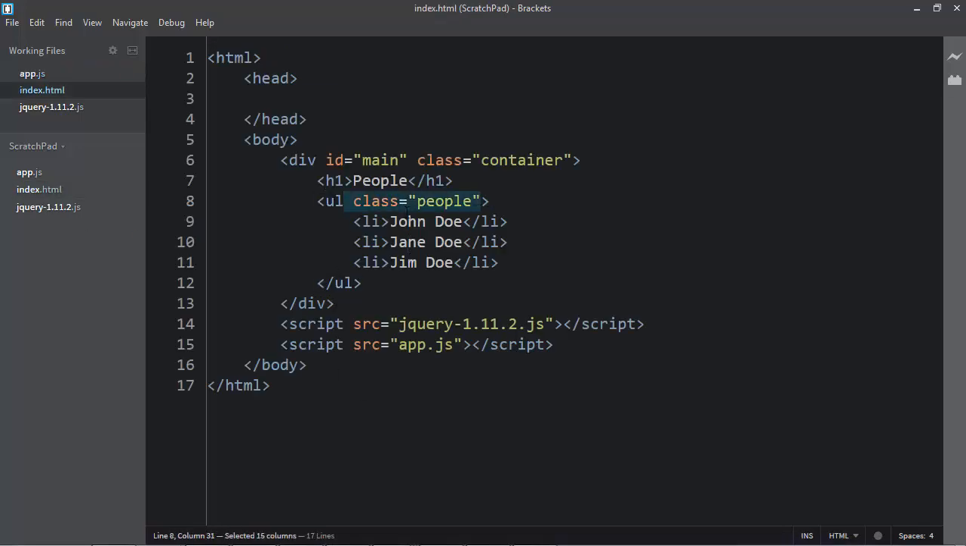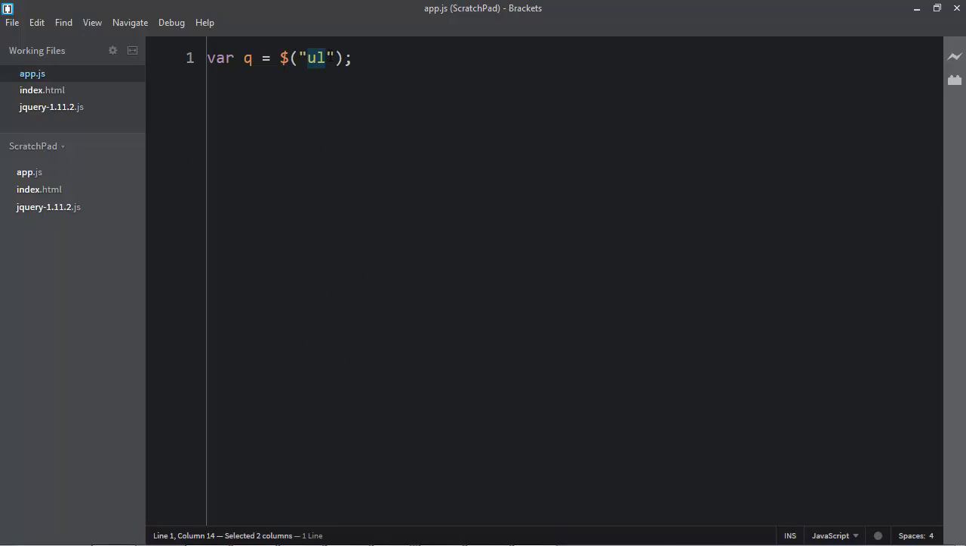And I can even search for a specific one, like all ULs that have a class people. And all ULs that have a class people, I want to find all the LIs that are children of ULs that have a class people. If you're familiar with CSS, jQuery is essentially letting you query the tree just like you would in CSS. All right, let's see what we get